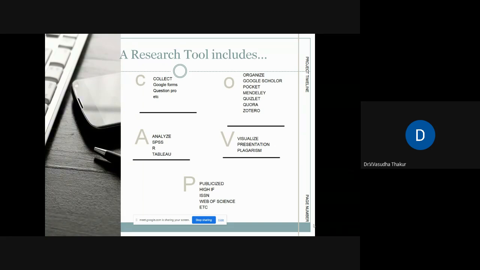the collection of information, which can be in the form of Google Forms. The most popular one these days is Google Forms, through which one can collect the data. This is one of the tools. Question Pro, Survey Monkey, and many, many websites are available, which are again free, and there are certain websites which even charge for their services. So to collect the data, we can use these tools, which facilitate the researcher,